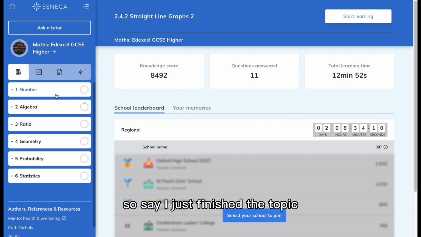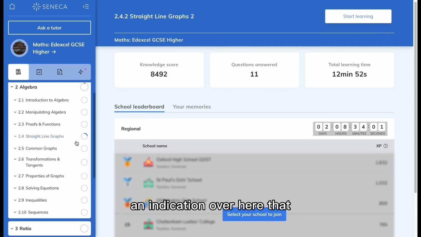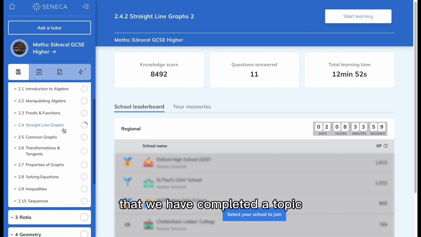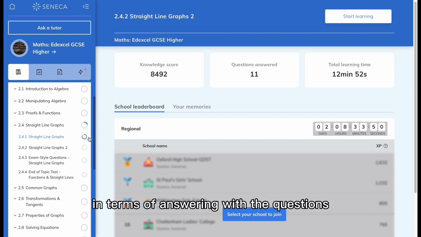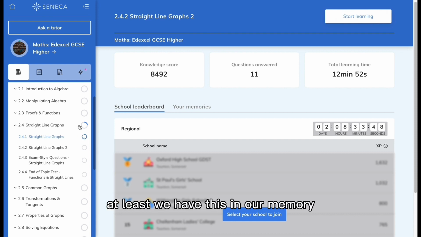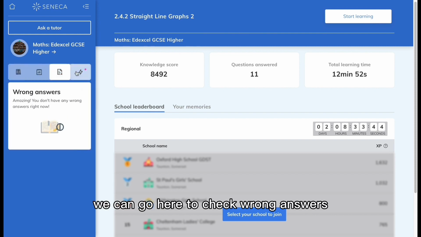Say I just finished a topic. As you can see over here, it highlights it, and the little point over here suggests that we have completed some parts of this. There's an indication here that we have completed a topic, and this is the topic we have completed, straight line graphs. It suggests that we haven't got 100% in terms of answering all the questions, but at least we are very close. At least we have this in our memory. We can go here to check assignments, we can go here to check wrong answers, and over here we got